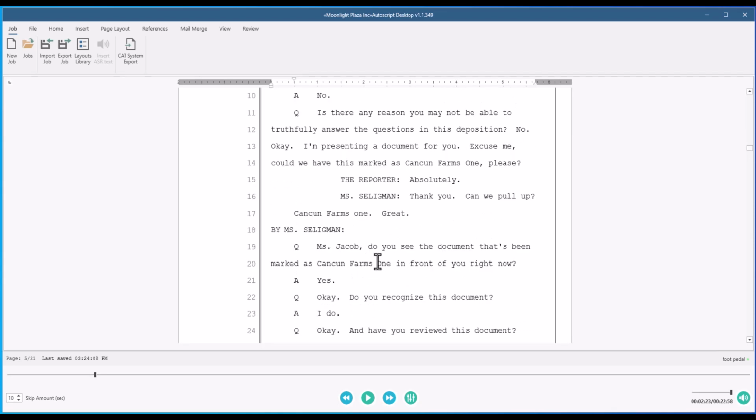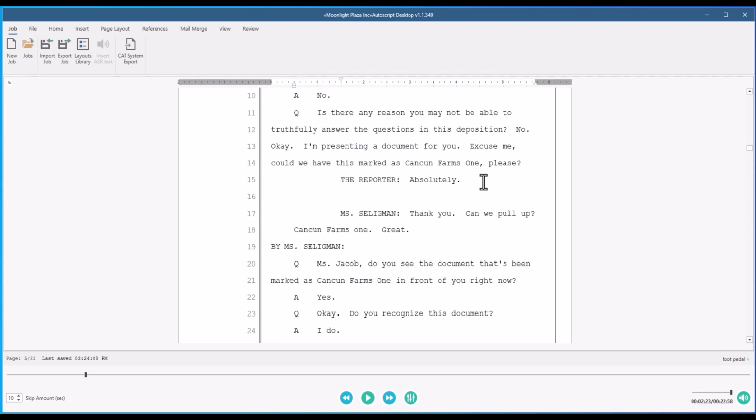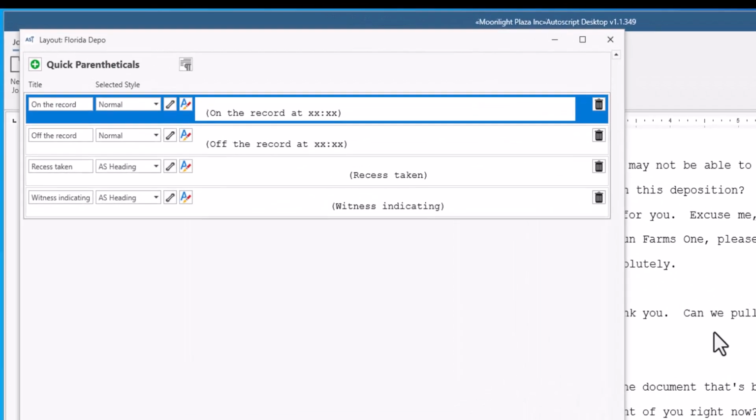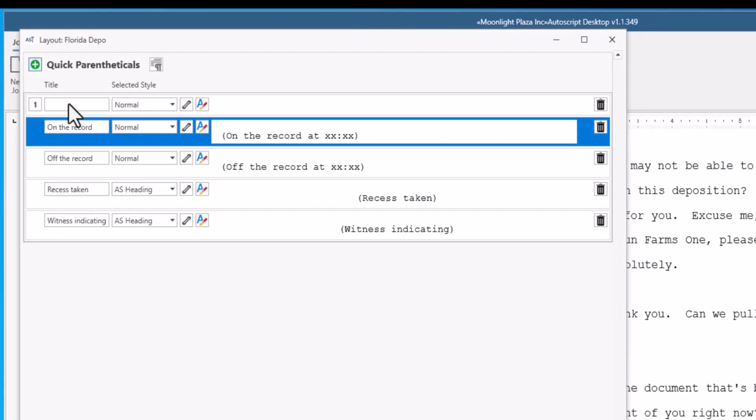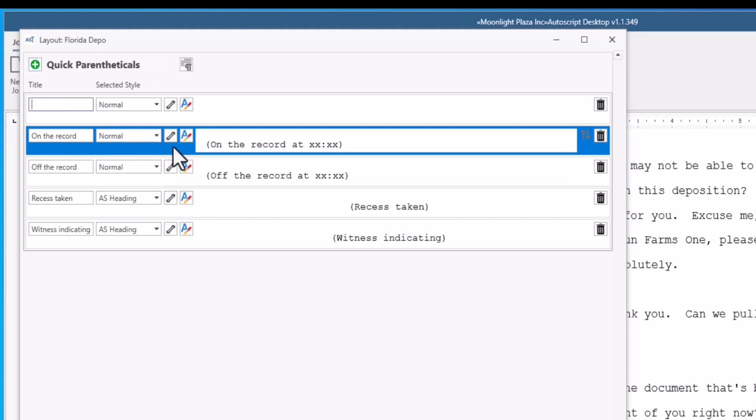If I wanted to put a parenthetical here that an exhibit was marked and entered, my parenthetical tool is Control 7. And I don't have a parenthetical in here for exhibit marked and entered. So let's add one together. I'll click on the Edit button. I'm going to click on Add New. We're going to call this one